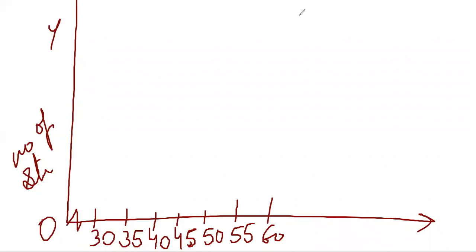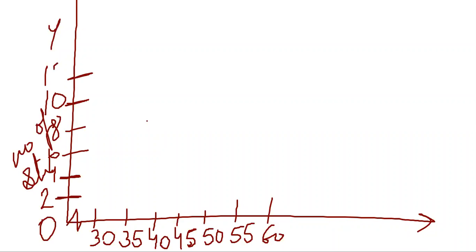Then on the y-axis we can take the gap according to our convenience, whichever is easy for you to select on the graph. We can take the gap of 1, 2, 3, 4. If I'm taking here the gap of 2: 2, 4, 6, 8, because if you take odd numbers it becomes difficult to plot on the graph; even numbers will be better. 12, 14, 16 like this. Then first is given here 9. It will be between 8 and 10.